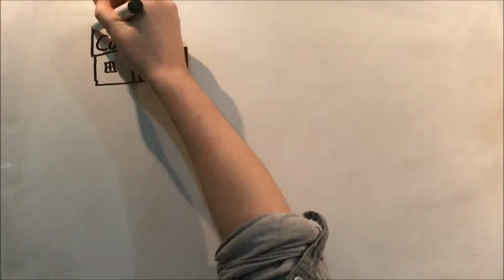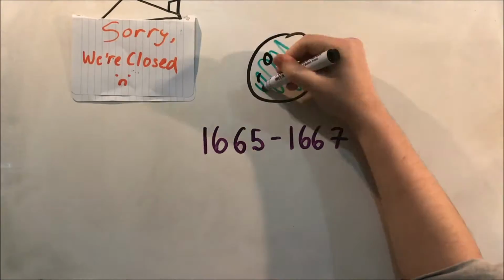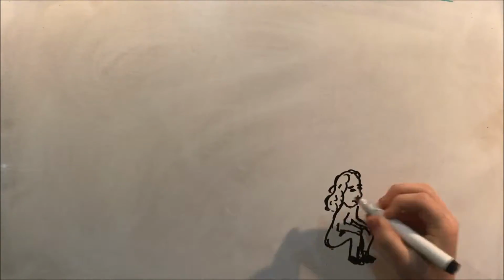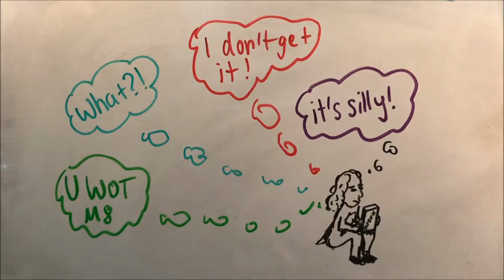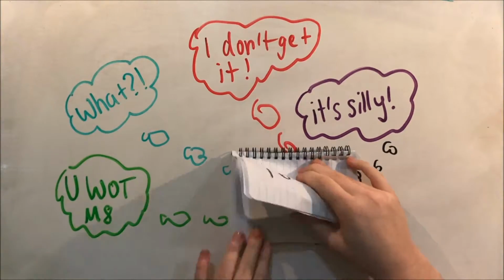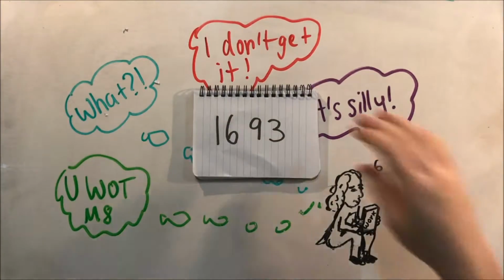Newton was said to have done his work on calculus during the years which the university had been closed due to the Great Plague of London during 1665–67. However, due to fears of criticism, he didn't publish his ideas until much later on in 1693, preferring at the time to circulate his ideas amongst a close group of friends.